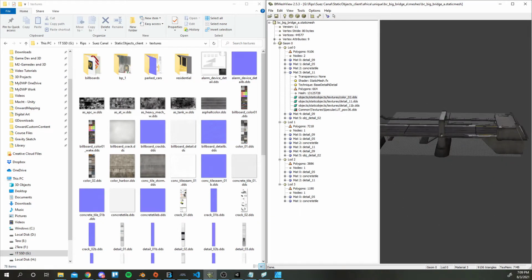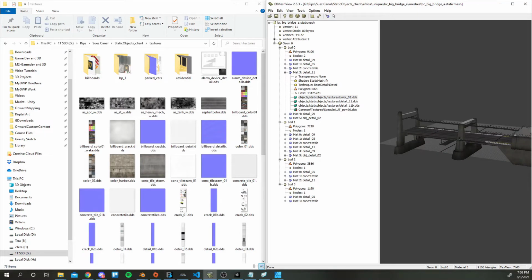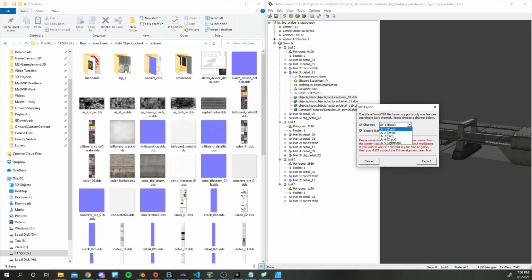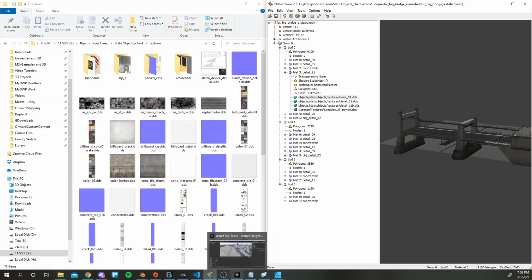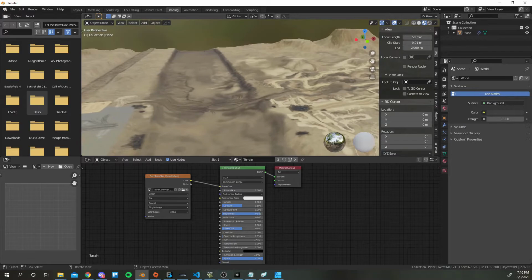Anyways, that won't be that important because you'll basically have to reassign those texture paths or reconnect textures in Blender anyways. So now that I have it, I'm gonna export it, and it's gonna export it as an OBJ. Sure, I'll just put it in that folder, why not? I haven't messed around with the other UVs. I don't know if they differ from the base UV, but I usually just shove out the base UV. Go ahead and hit export, and then now that I've got the bridge exported as an OBJ, I can import